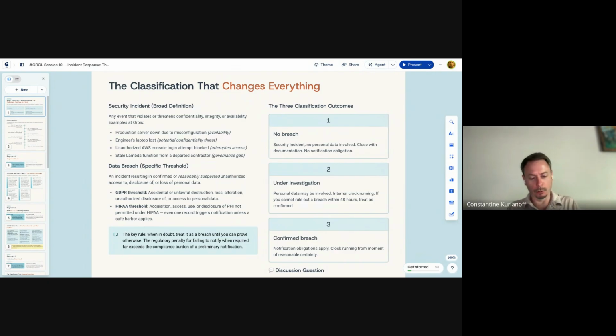Okay, so we discussed the roles within the team, and now the incident response tooling, right? For Orbis, it will be a GitHub project, sorry, a GitHub repository that will have the empty code repository with just an issue tracker, or we can create a project in GitHub and track those issues through there. Yeah, but anyway, the incident comes in, and the incident response plan defines all those steps, how